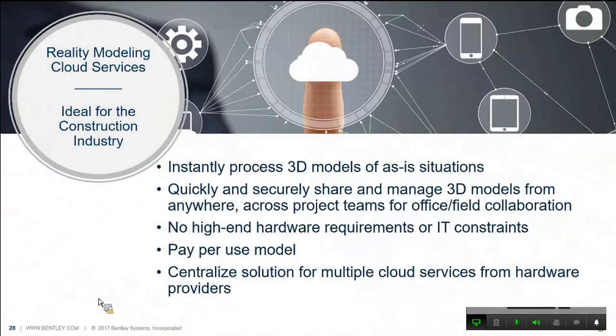So I've talked about the new cloud service, and let's see how it is ideal for the construction industry. It instantly processes a 3D model of the as-is situation, and quickly and securely shares and manages 3D models from anywhere across the project team for office, field, and collaboration. Remember, I talked about